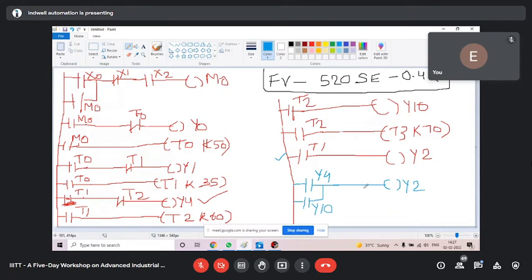I have to take it. And another thing I want: if you break this by M3, what will happen? After M3, after 7 seconds, everything will get off. But my requirement is, don't switch off everything. After this is the cycle over condition. Here one cycle is over. After one cycle is over, it should repeat the process. It should not stop, but the process should repeat itself. I don't need to press the start button many times. Once I press the start button, when one cycle is over, another cycle will start itself.